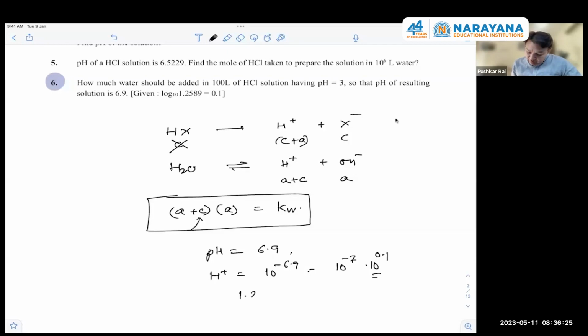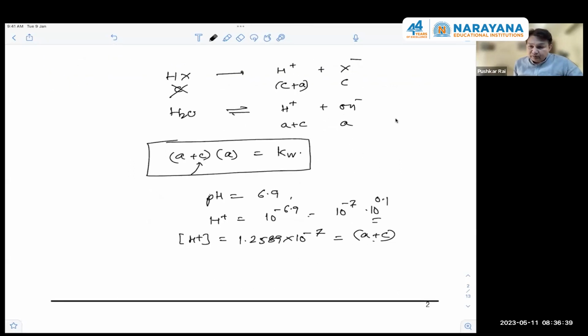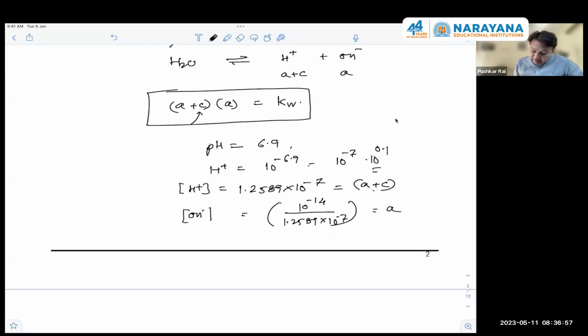So 1.2589 into 10 to the power minus 7. All right. That is the final H plus ion concentration. This is A plus C. Since we know the H plus ion concentration, we also know the OH negative ion concentration. That is equal to what? 10 to the power minus 14 divided by 1.2589 into 10 to the power minus 7, and that is equal to A. So once we get the value of A,